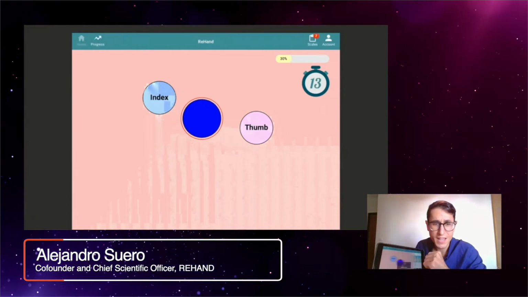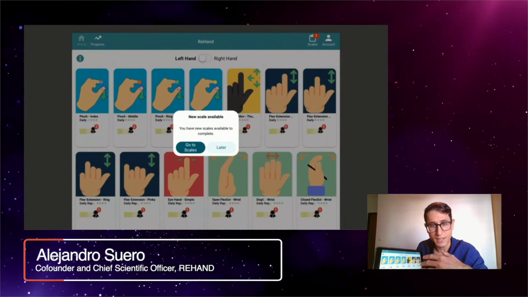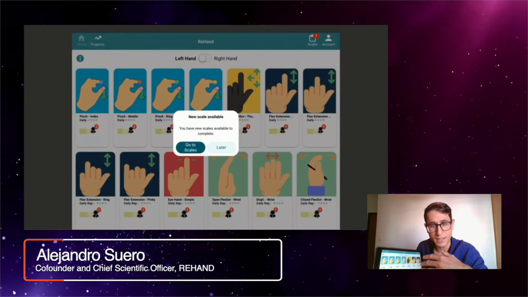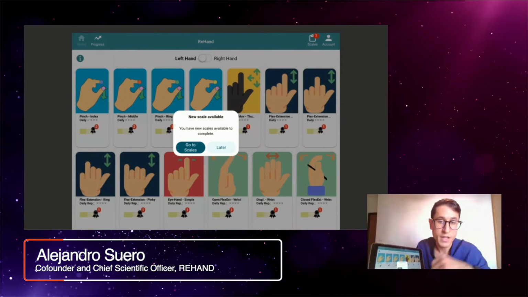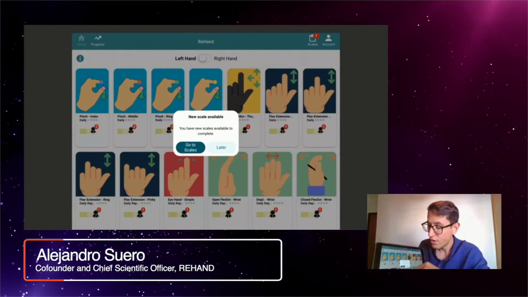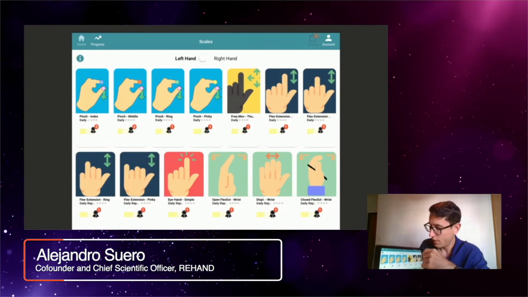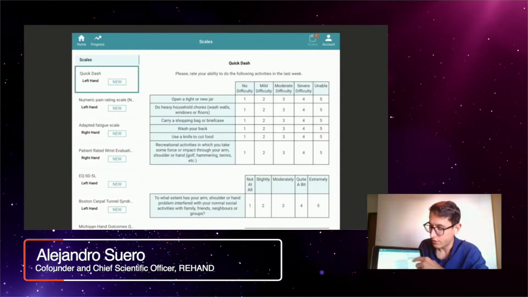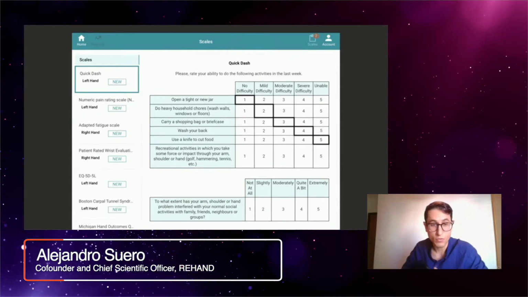So another great point for me as a clinician is the scales. So normally we give patients in the hospital scales or scientific questionnaires to allow us to objectify how the pathology impacts the patient's work or daily activities. So now we can send this scale to the app, so the patient is at home and can answer the scale directly on the tablet, and these results will arrive to my email directly.